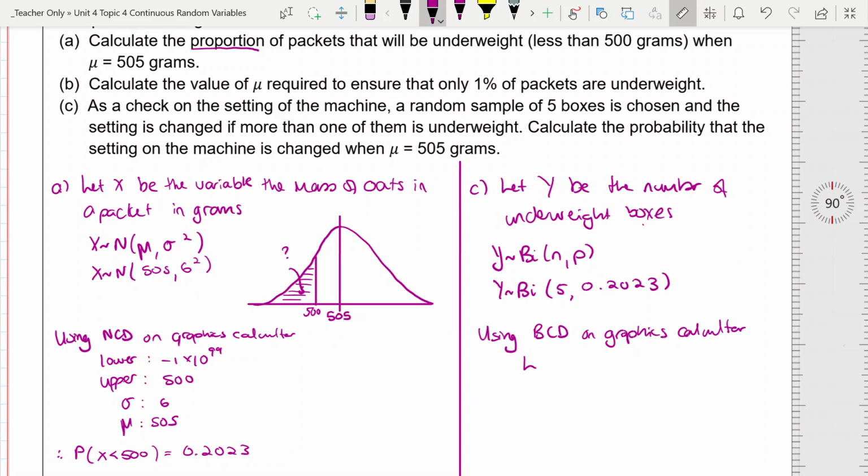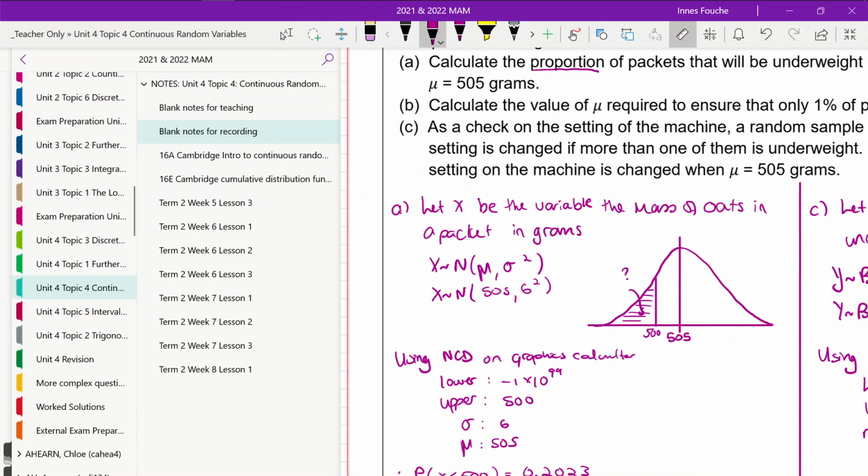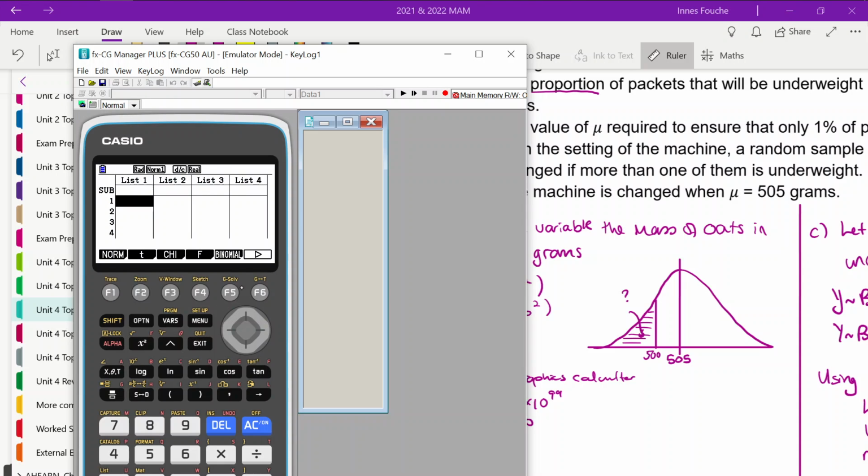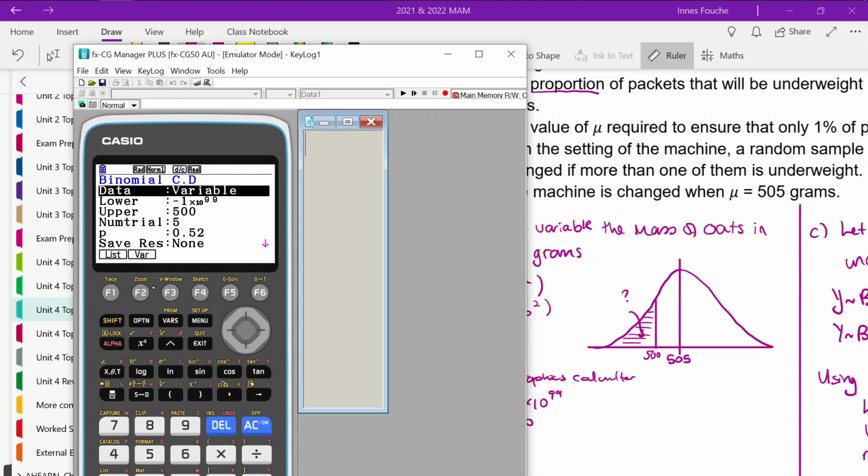Now remember, your calculator uses greater than or equal to, so that means our lower value has to be 2, our upper value will be 5, our number of trials is also 5, and our probability is 0.2023. So if we look at our calculator again, we're now wanting to go to our binomial distribution, BCD. Our lower value is 2, our upper value is 5, number of trials is 5,